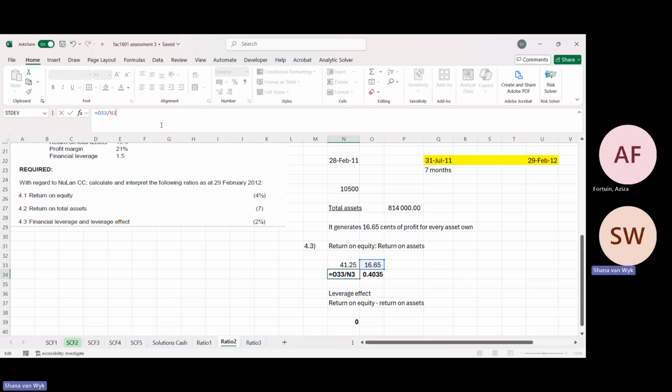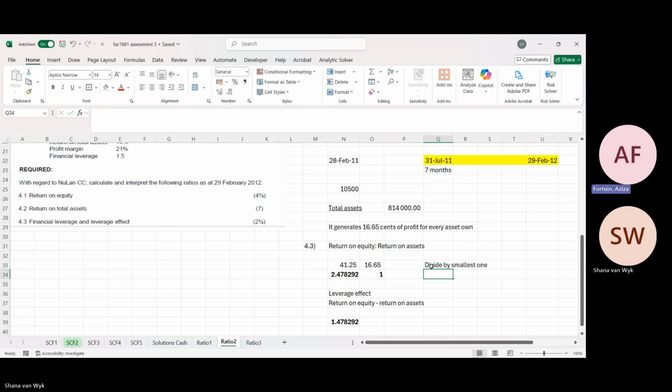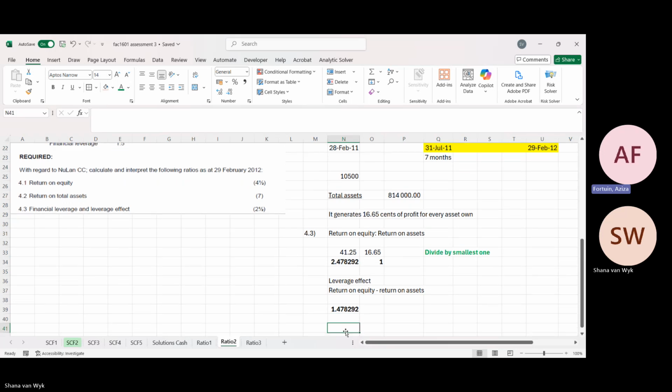Okay, so it is this divided by the smallest one, and then this divided by the smallest one. Ah, okay. So basically you can just write, it's a financial risk. When it increases, did it increase? Yeah, from the previous year it was 1.5, so it went up. So you can just say a greater financial risk. The company took on more financial risk.